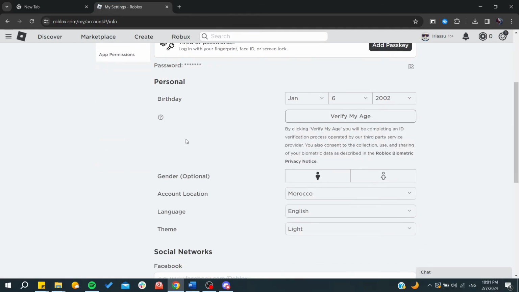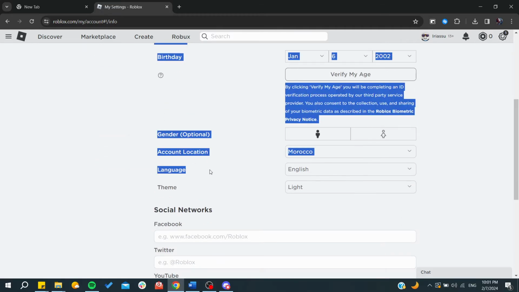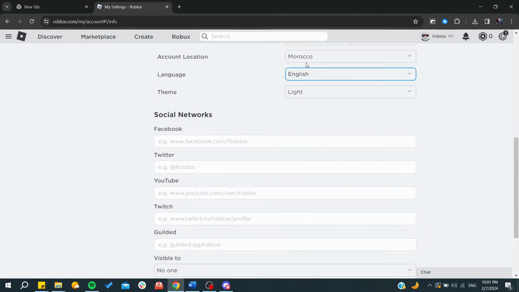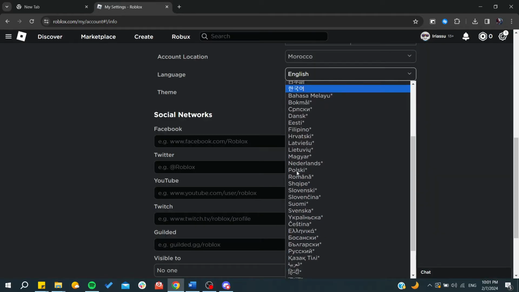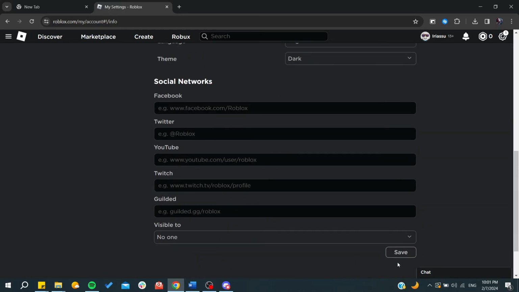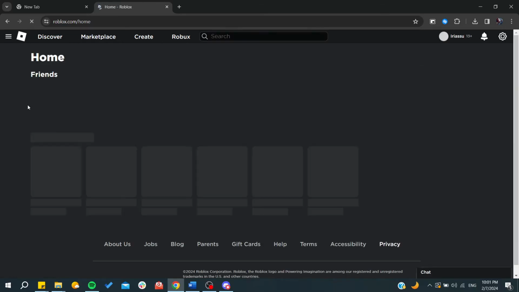We go just down a little bit, and here we will find language. You click here on the language, and then you choose any language that you would like. Basically, you will need just to choose the language that you like, for example, English or any other language, and then you will need just to click on save, and you will have your language changed